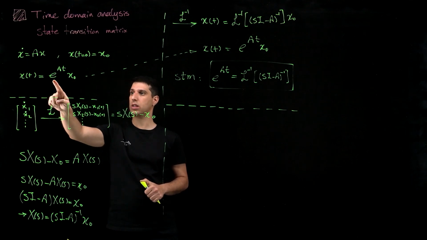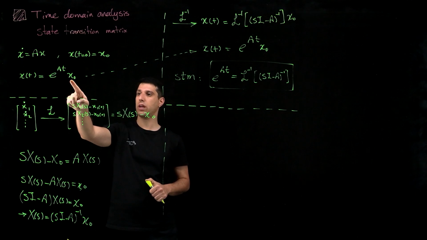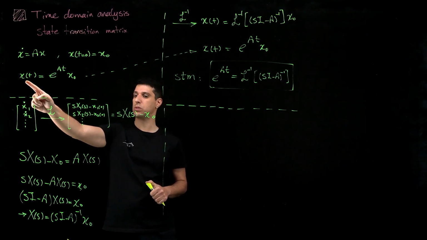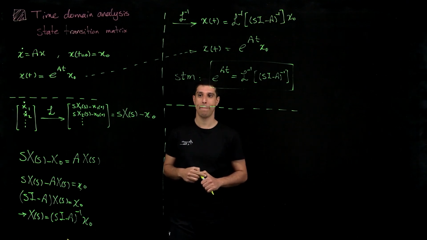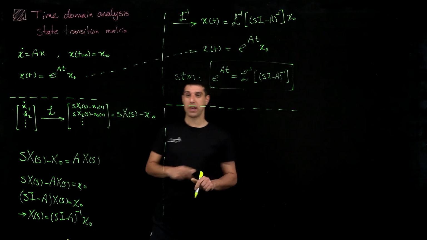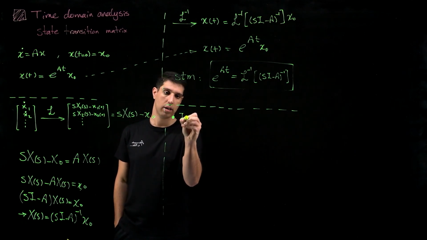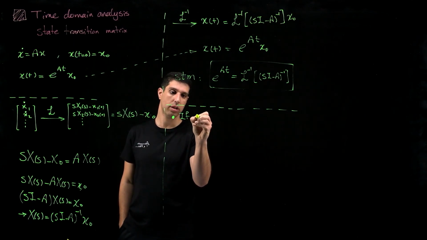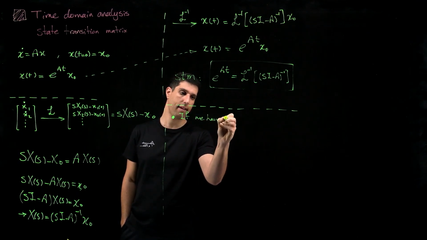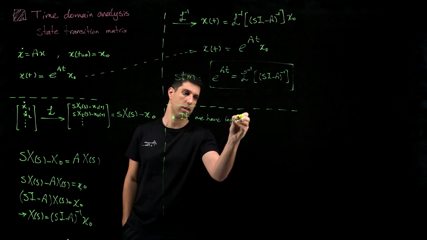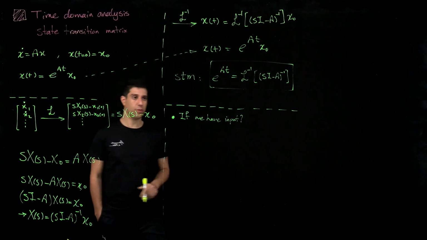We can use the state transition matrix e to the At multiplied by the vector of initial conditions to get the response for all time t. Now this begs the question, what if there is input? So if we have input, we are looking at the forced response